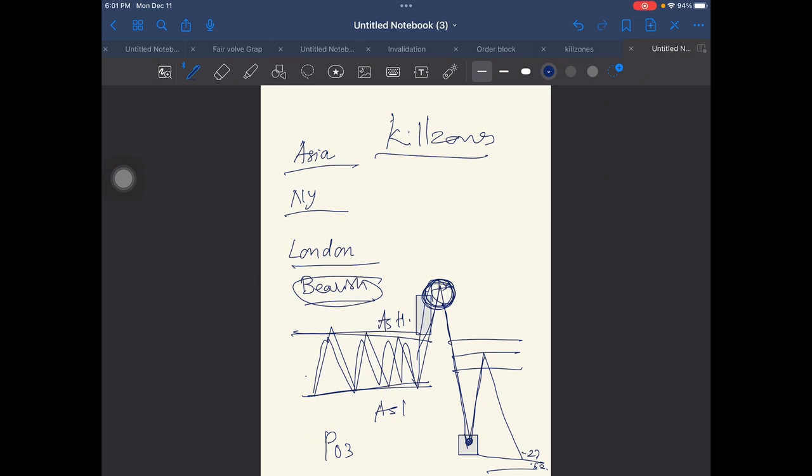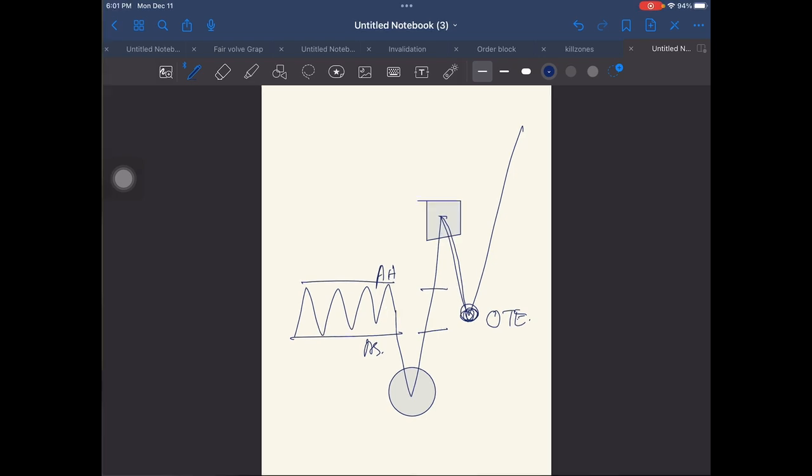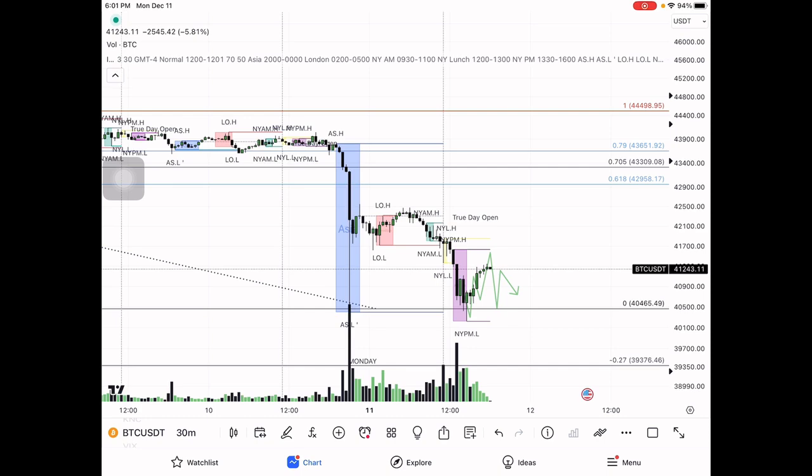This is a bear scenario, right? In a bullish scenario, we have Asia high, Asia low, it takes out the liquidity on this side, and then it goes up and forms a high, and then it retraces back into this London, whether it's an FVG or an OTE. You get an entry for the New York session. Let's go back to the chart and see if we're able to spot this on the chart.